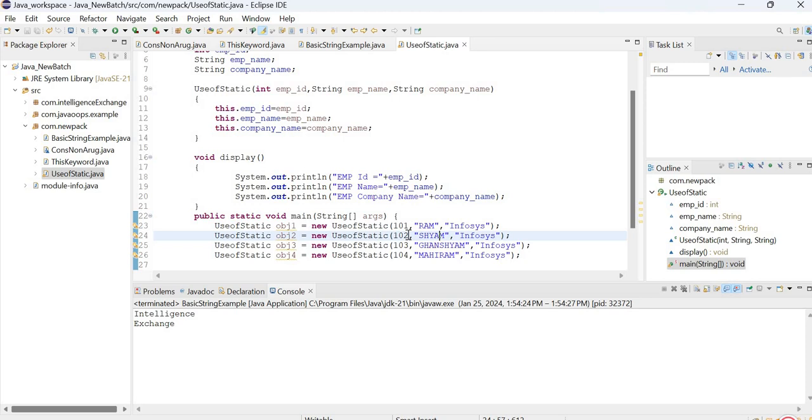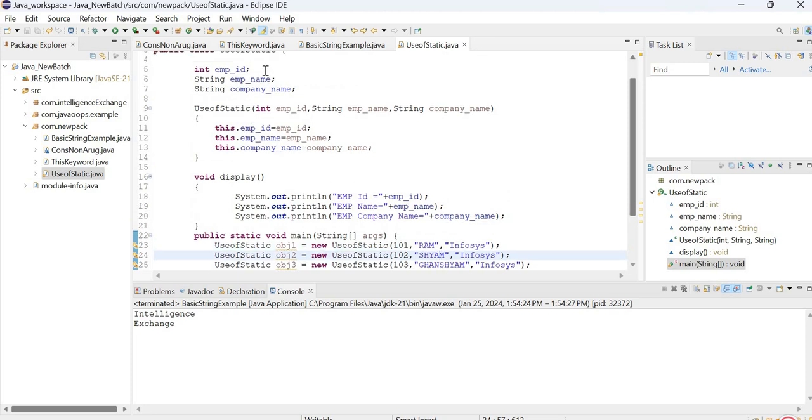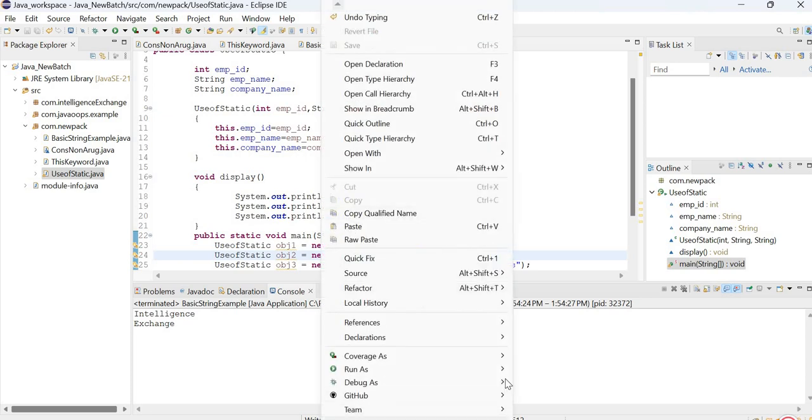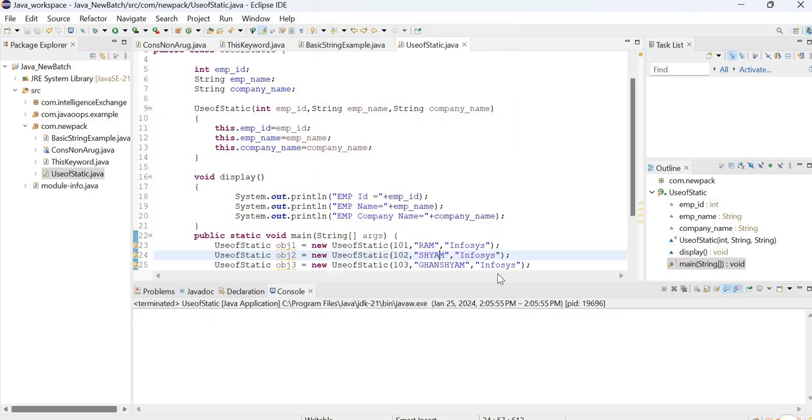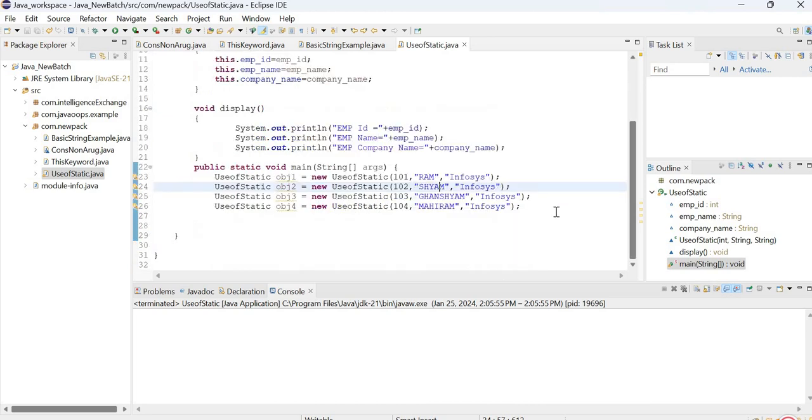Okay, now you will accept this. So what I'm trying to do is, for now I have created these three variables: employee ID, name, company name, and those I have run. So now you will see, this is the instance when I create it. So these three memory it will take. Sorry, I didn't print. I have to call the